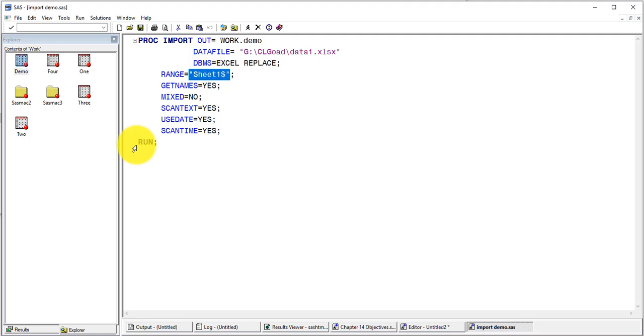Now then, before the run statement, there's an additional statement we can put here. So from chapter 8, we can add an additional line here that's labeled, so long as it's punctuated correctly with a semicolon at the end, and we can label each one of the variables in the data set. So I don't have anything here. I just put in generic label text for each of these, but the label statement is something we can add, and in it, so if we go through and run this or submit this code again,